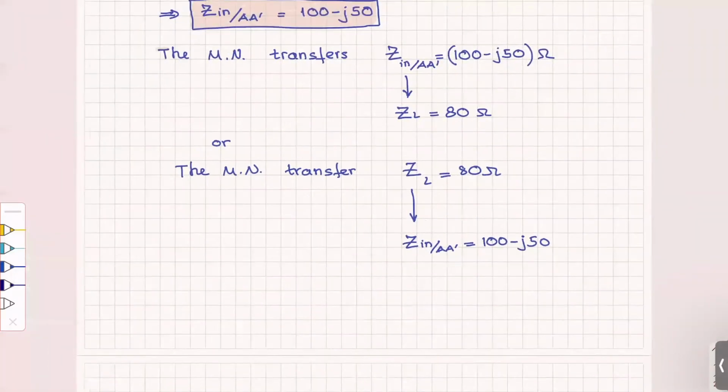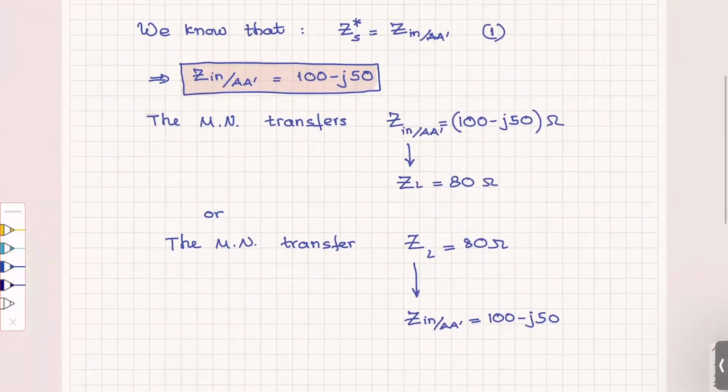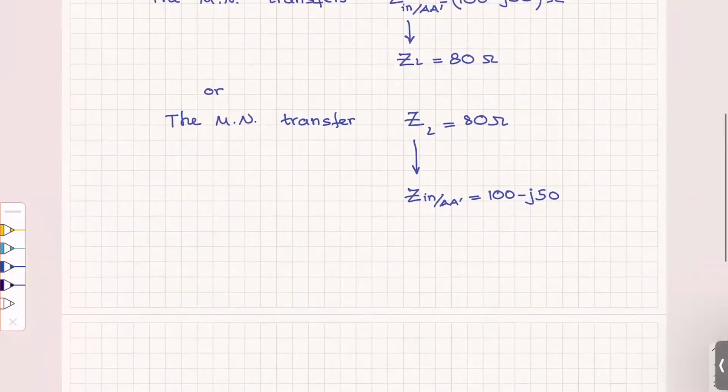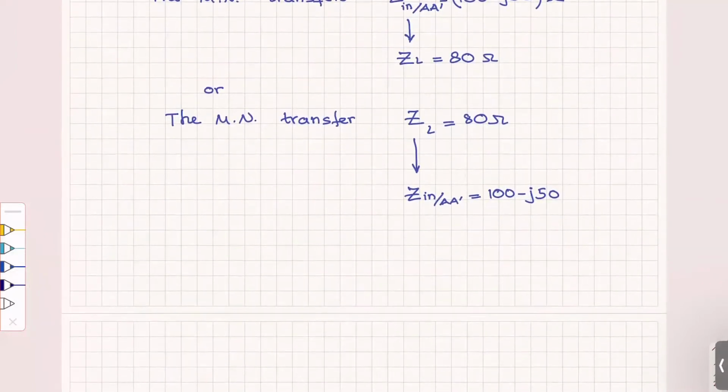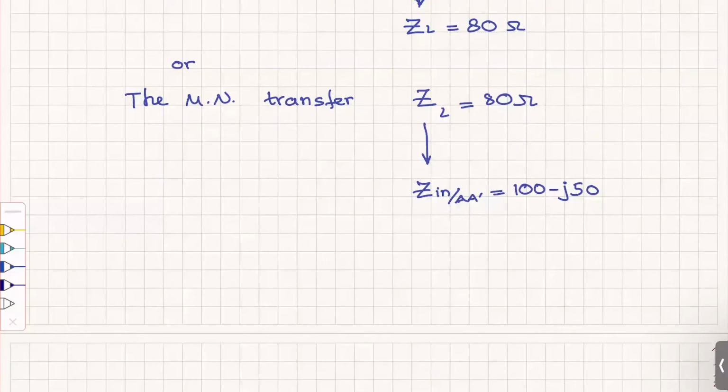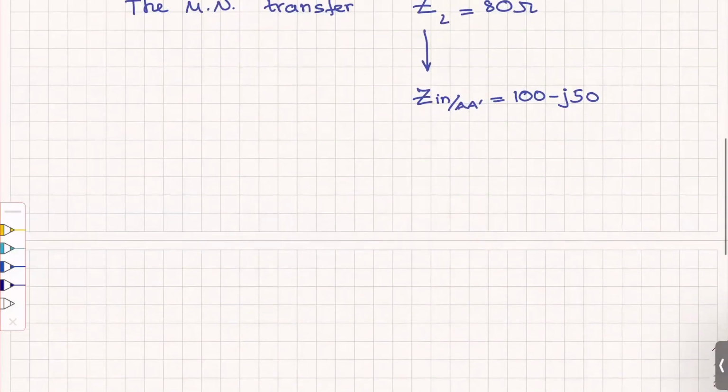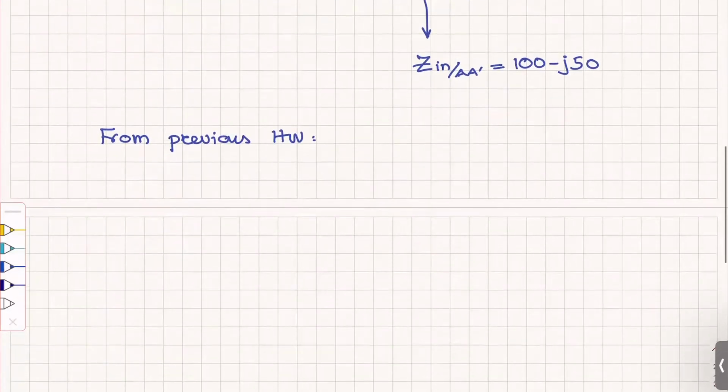Let's think of the problems that we did for the previous homework. All right, in the previous homework, what we had is the following. We had a transmission line,